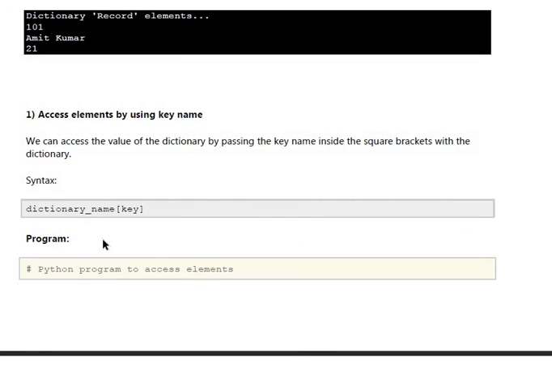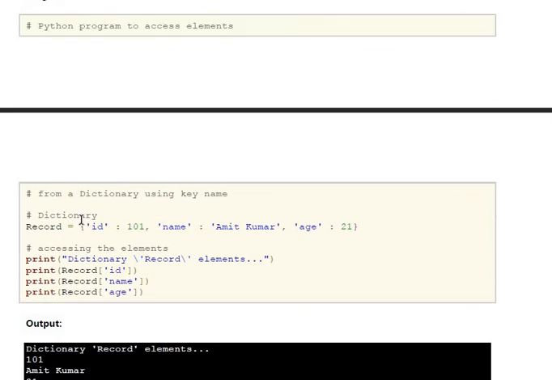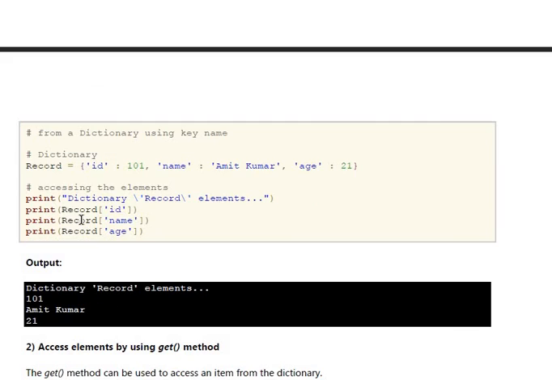Next, how to access the elements by using the key name. We can access the values of the dictionary by passing the key name inside the square brackets. So dictionary_name, and into the brackets I am giving the key values. So how to access the elements? The same dictionary is given here.